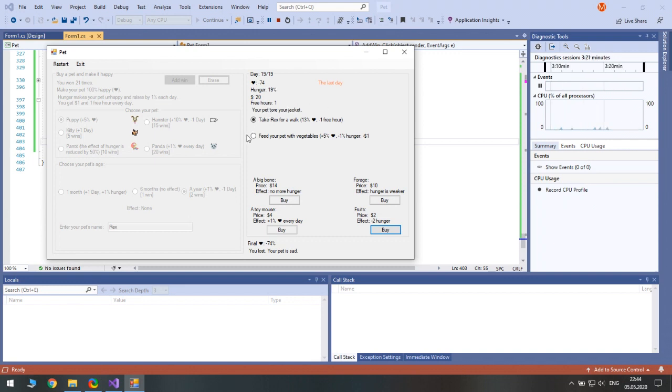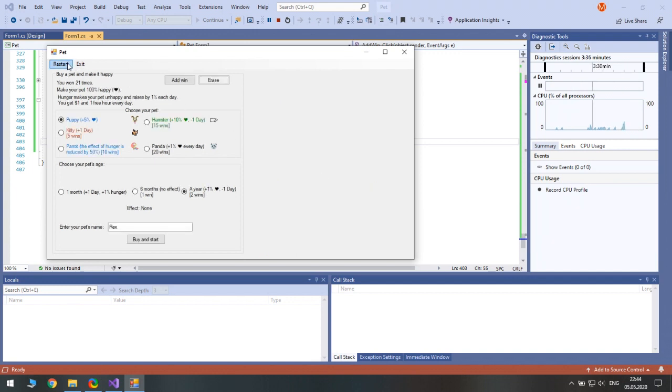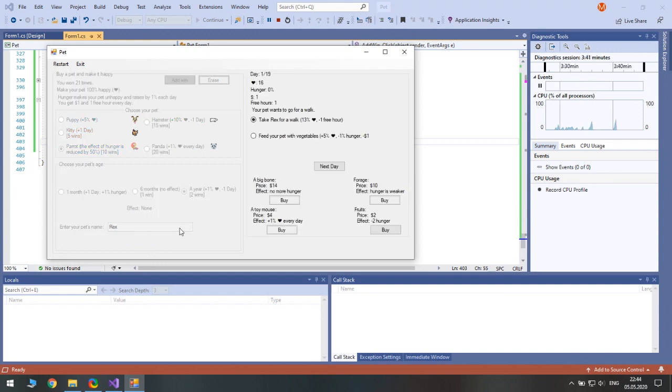Alright, well, I guess the game works. The only thing we have not tried yet is decreasing hunger. Yeah. Also, if I'm right, choosing a parrot and buying forage should do the work.